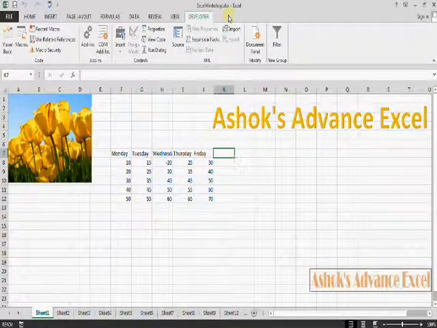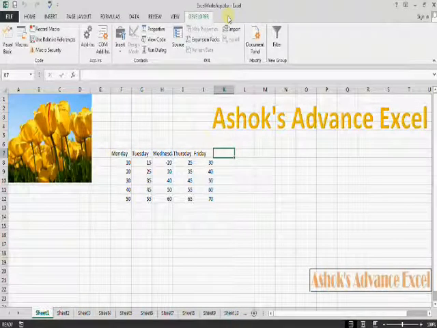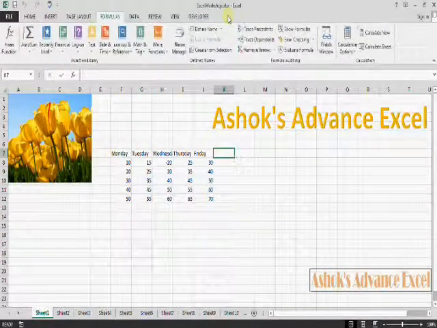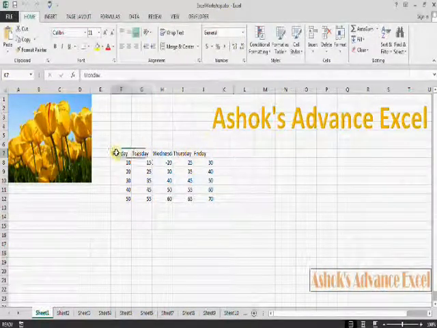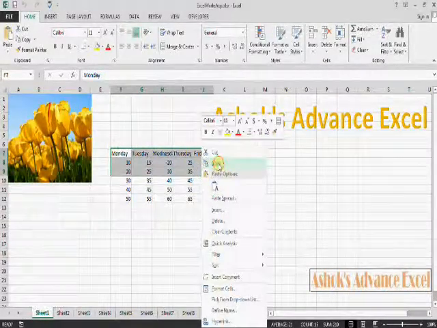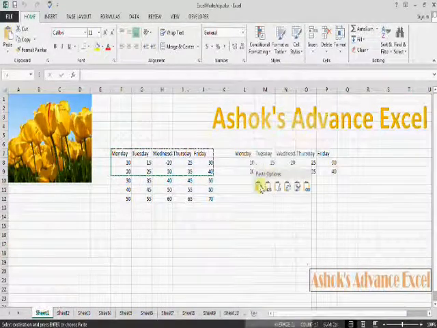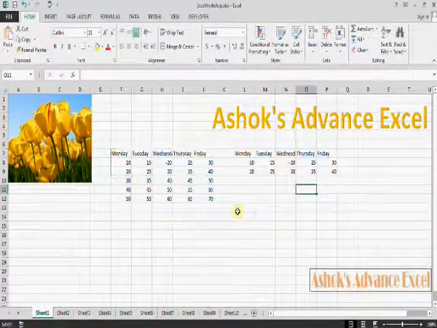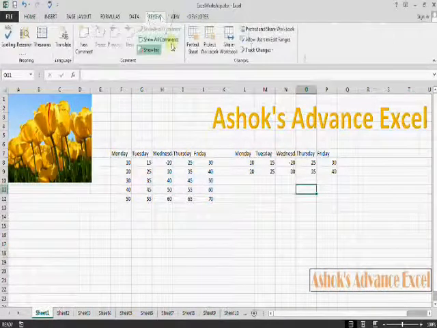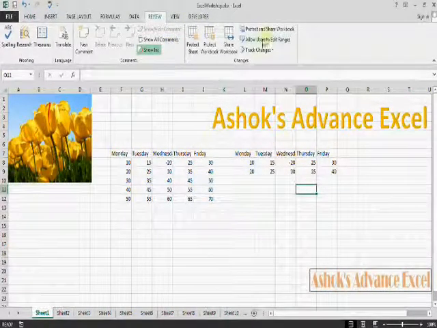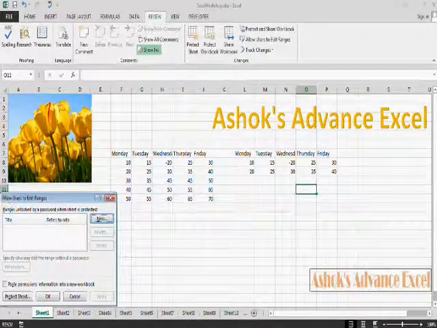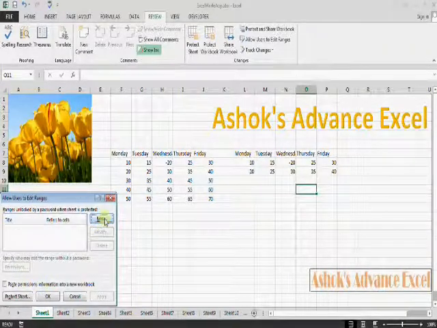And finally, let's have a look at the ribbon, which new commands are added in it. These are available in Office 2010 also. Copy upper 3 rows and paste them at the right side. Go to the Review tab. In the Changes group, click Allow users to edit ranges. Now a new dialog box has appeared here. Click New.